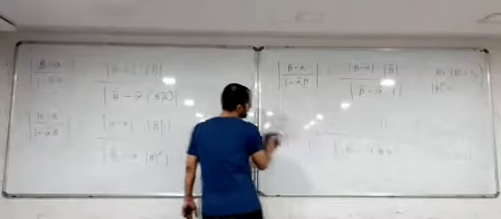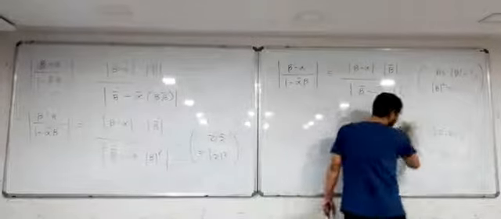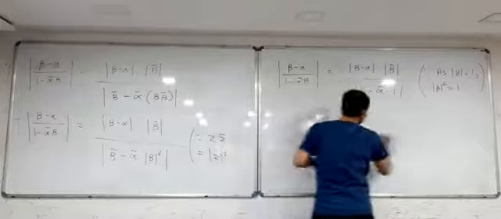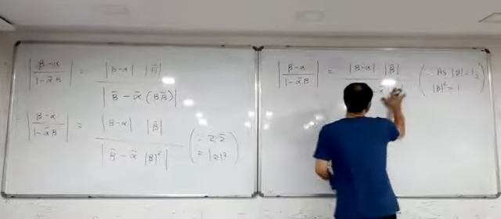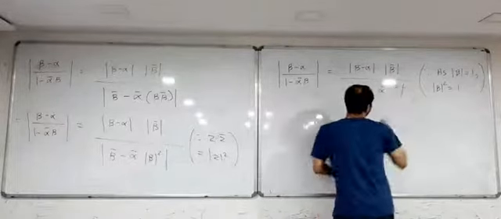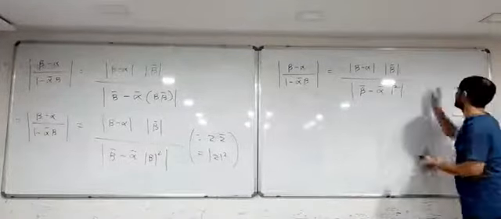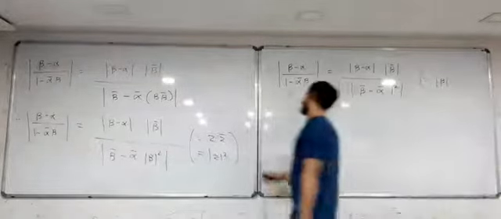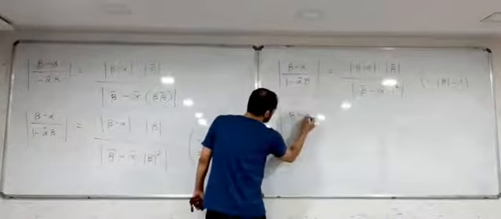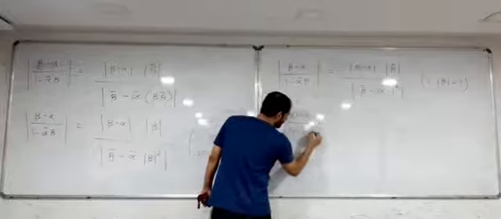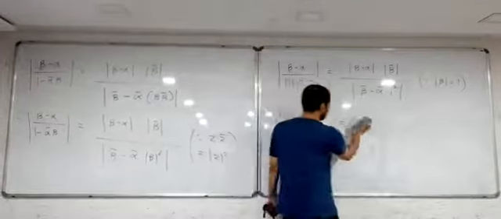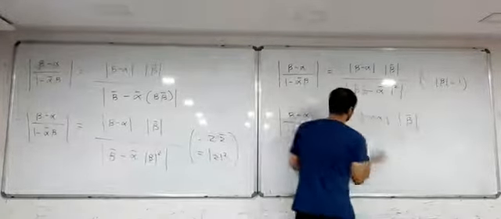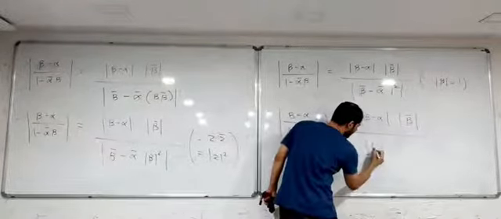If you want, write it as 1 square; 1 square into anything is the same thing. If you are not comfortable directly writing 1, write mod beta square, just substituting 1. So magnitude of (beta minus alpha) into magnitude of beta, whole upon